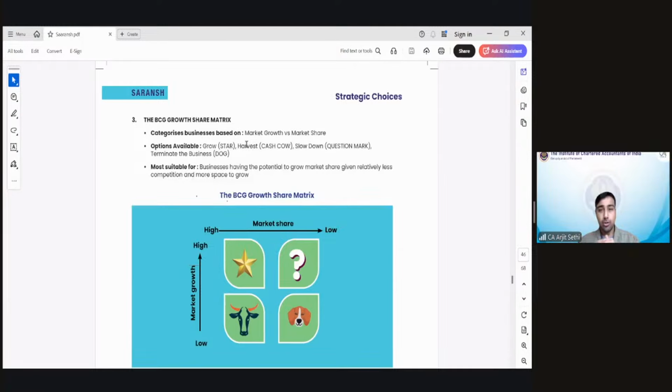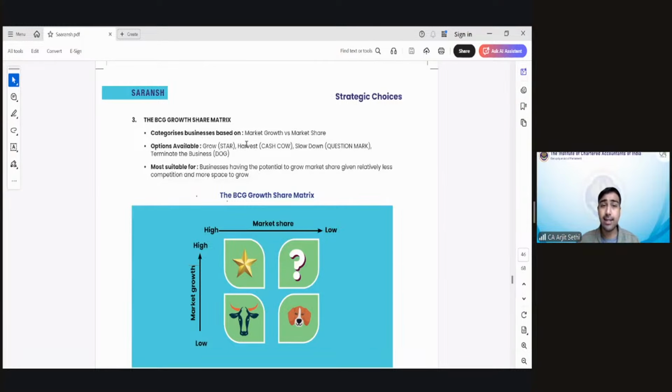You slow down your uttapam. Don't be too emotional about uttapam, saying the uttapam market is big. You will lose focus from your dosa if you focus on your uttapam. If you feel your market is shifting to uttapam, I'll also start selling uttapam, healthy broccoli uttapam. But you focus on your dosa star. Just keep it as a question mark. Slow down your efforts on uttapam. Don't be emotional about the market. You will lose focus from your star. That is what BCG says.